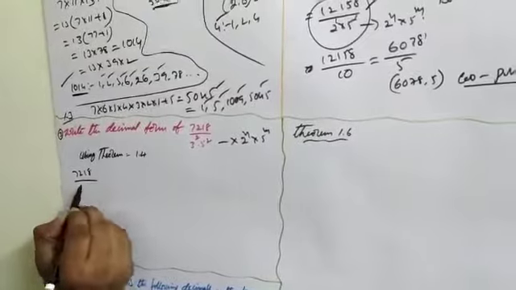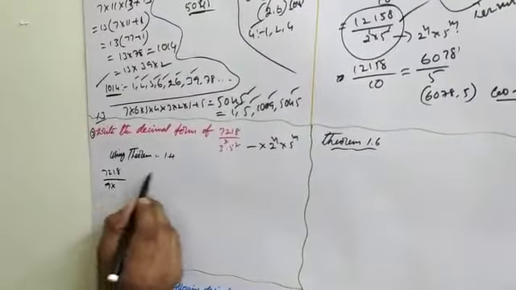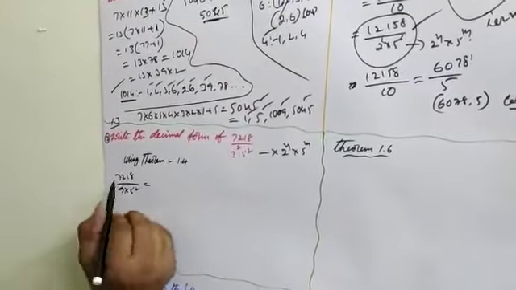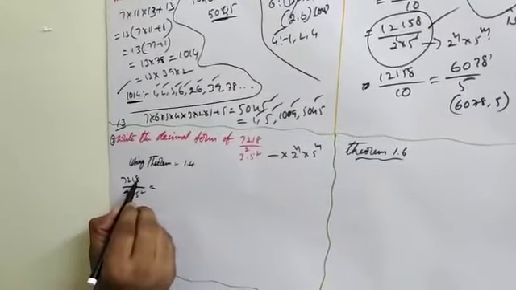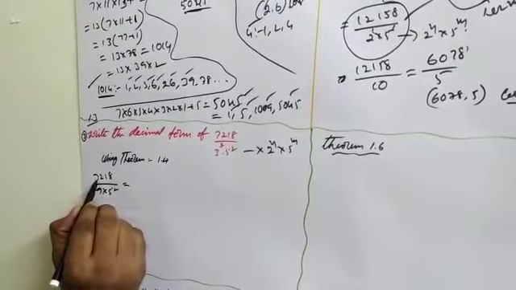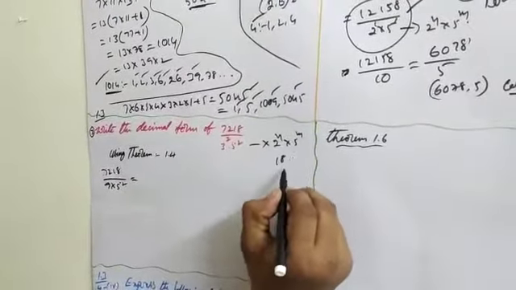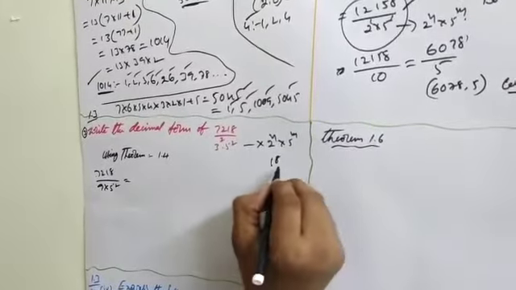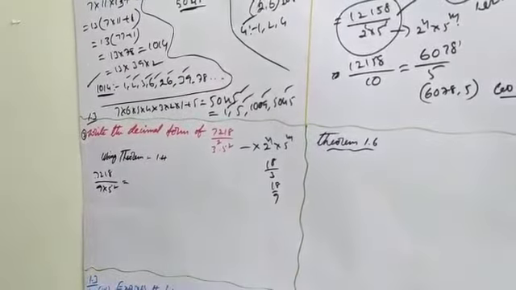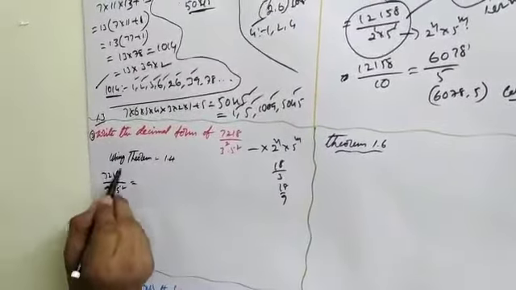Therefore 7218 divided by 3 square, which is 9, into 5 square. What is here? The digit sum is 18: 8 plus 1 is 9, 9 plus 2 is 11, 11 plus 7 is 18. 18 is divisible by 3 and by 9, so the total number is divisible by 9. 9 eights are 72, so 9 into 802 over 5 square into 9. The 9s get cancelled, so 802 divided by 5 square. At the same time, dividing and multiplying with 4.